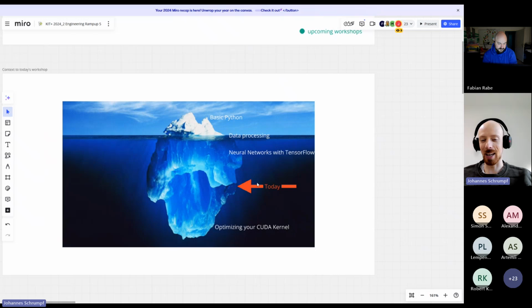If we imagine the topic of AI to be an iceberg, we will be truly and soundly below the waters in terms of depth today. Some of the things that we will talk about today might be a little bit complex, but